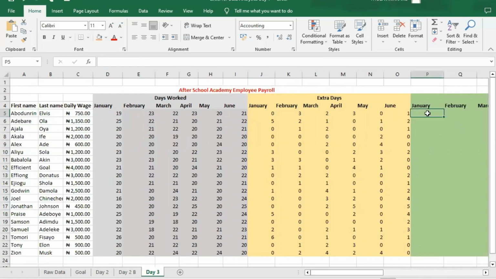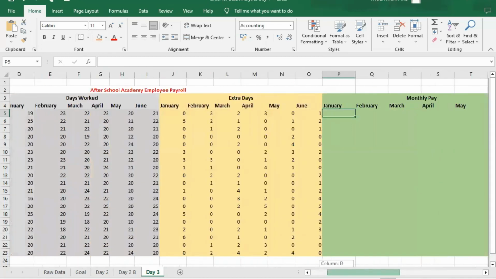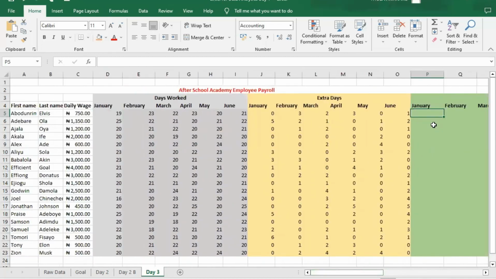So his monthly payments normally will be, now this time around, pay attention to how I'm going to write the formula. So if I write if,